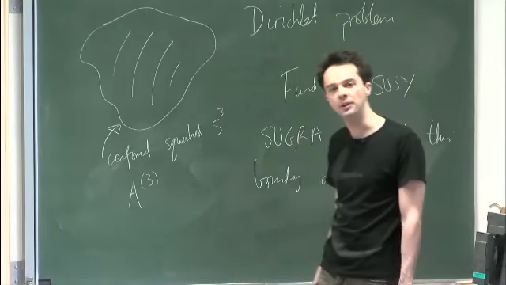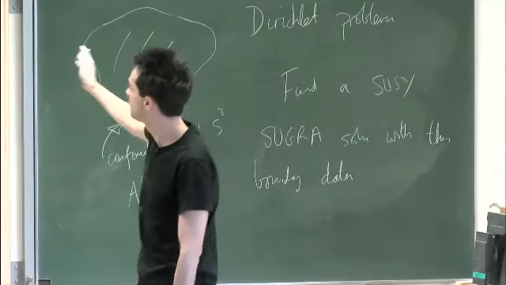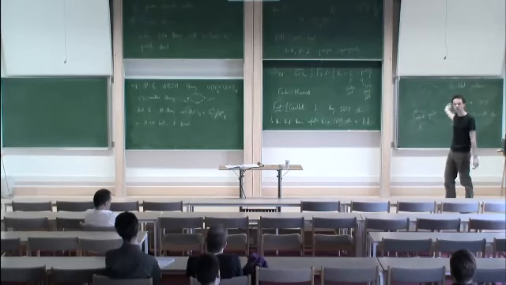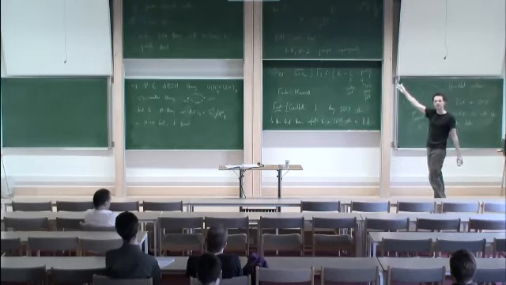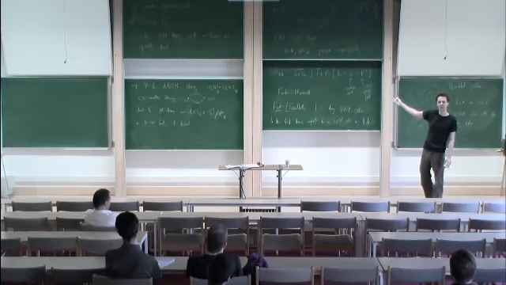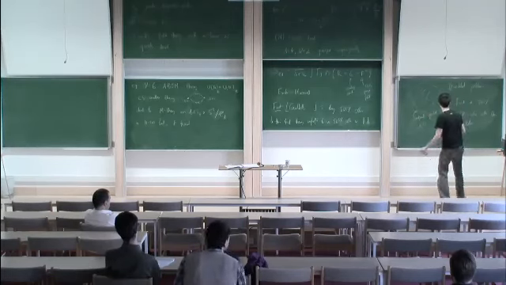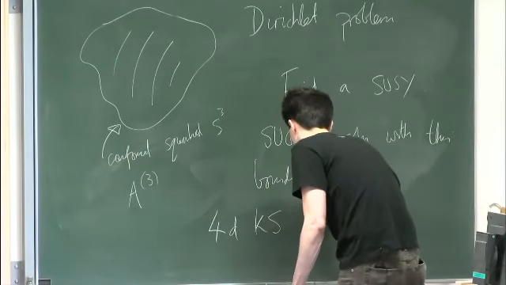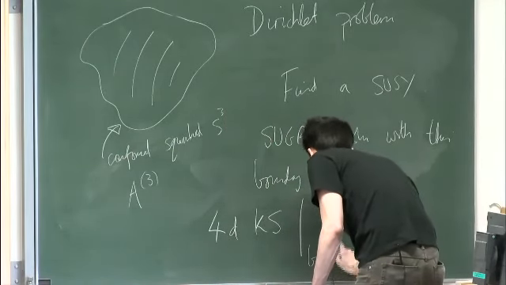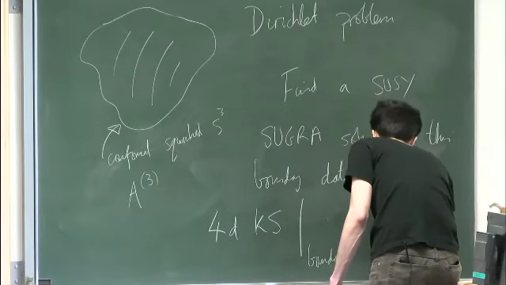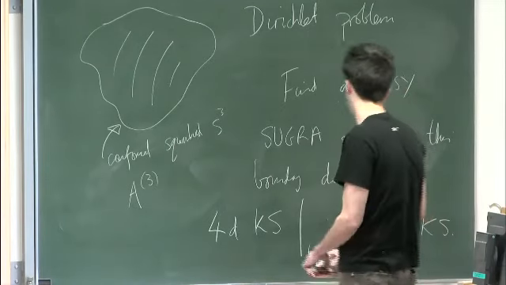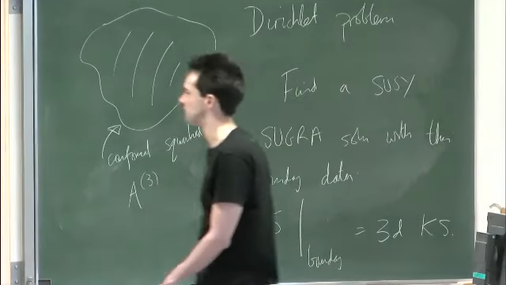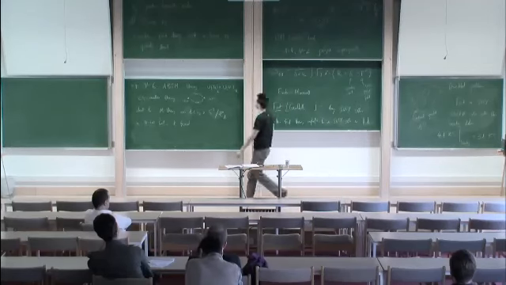And I even want a bit more than that. I would like my 4-dimensional supergravity to have a Killing spinor, and when I restrict that Killing spinor to the conformal boundary, I want to recover the spinor that these guys used, satisfying the same Killing spinor equation on the boundary. Okay, so the 4D Killing spinor restricted to the boundary should equal the 3D Killing spinor. And I should recover the 3D Killing spinor equation that they used from the 4-dimensional one restricted to the boundary.